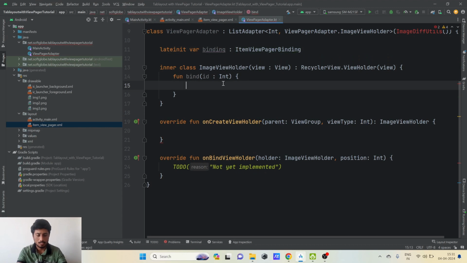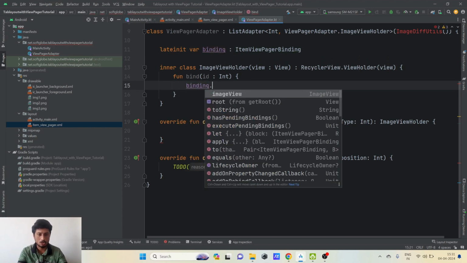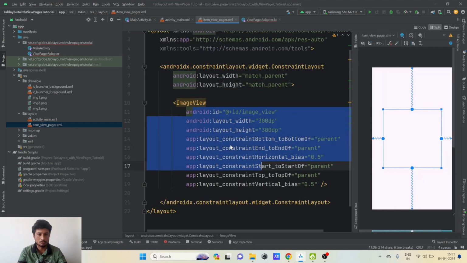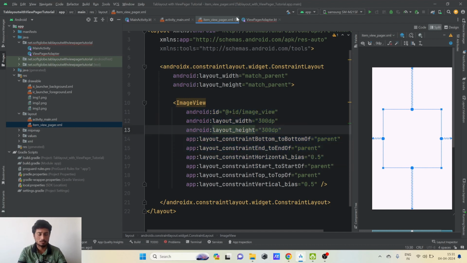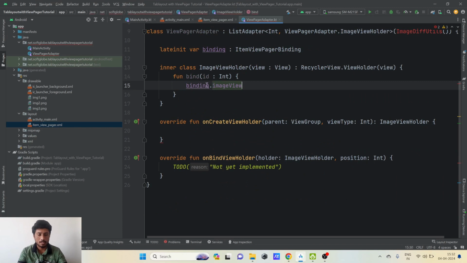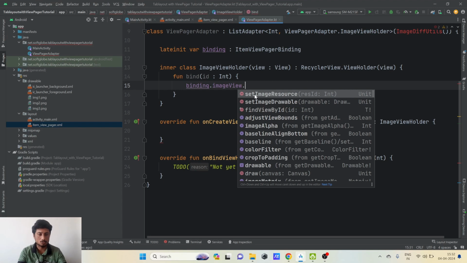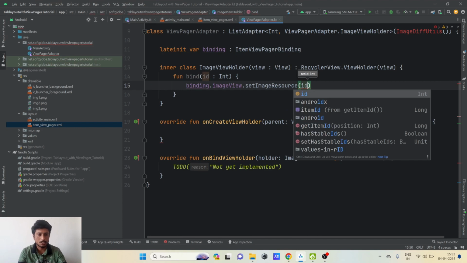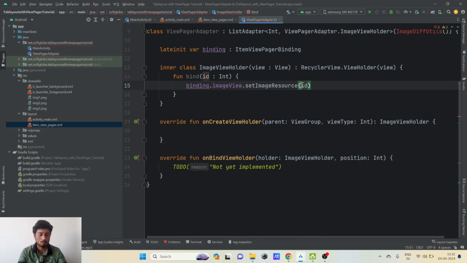So I'll be using binding.imageView. This image view is the same which we have created here. If we control-click on this, we'll land on this image view. This is the single layout file, item view pager, and this is the image view which we'll be reusing for each of the tabs. So with binding.imageView, we'll be setting the image resource, which is denoted by the respective id which we get from this